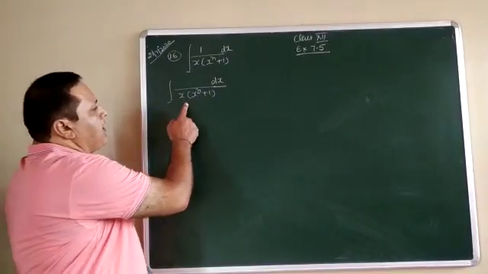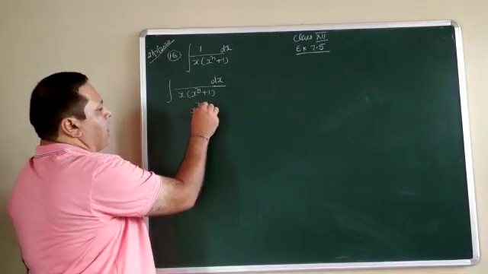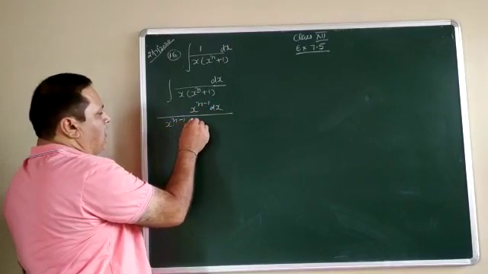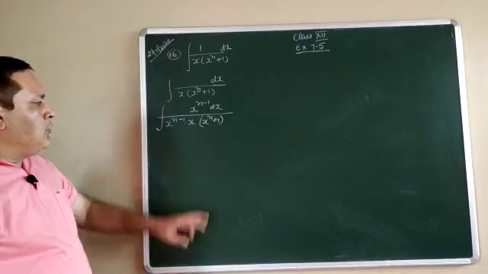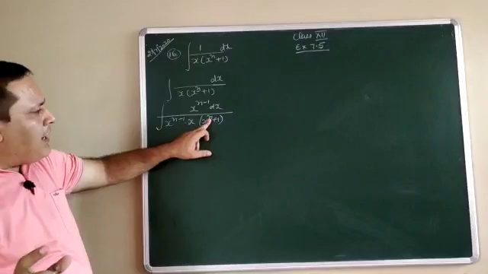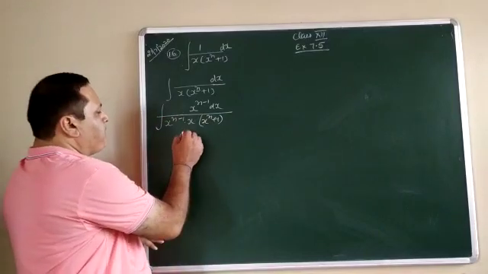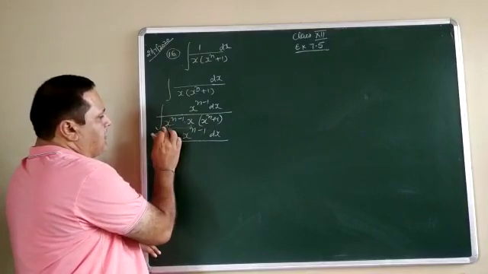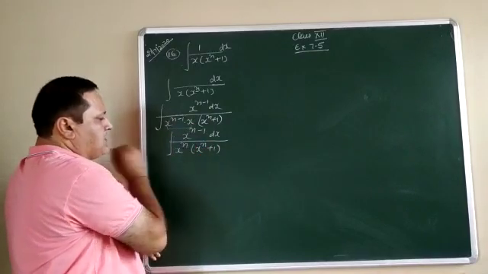So multiply and divide this statement with x to power n minus 1. See, x to power n minus 1 for multiplication, x to power n minus 1 along with x to power n plus 1 for division. Whatever the power given here, reduce it by 1, then multiply and divide by the same power. See the benefit. It is x to power n plus 1 dx upon, these bases are the same, so powers are added, it becomes x to power n, and then x to power n plus 1.